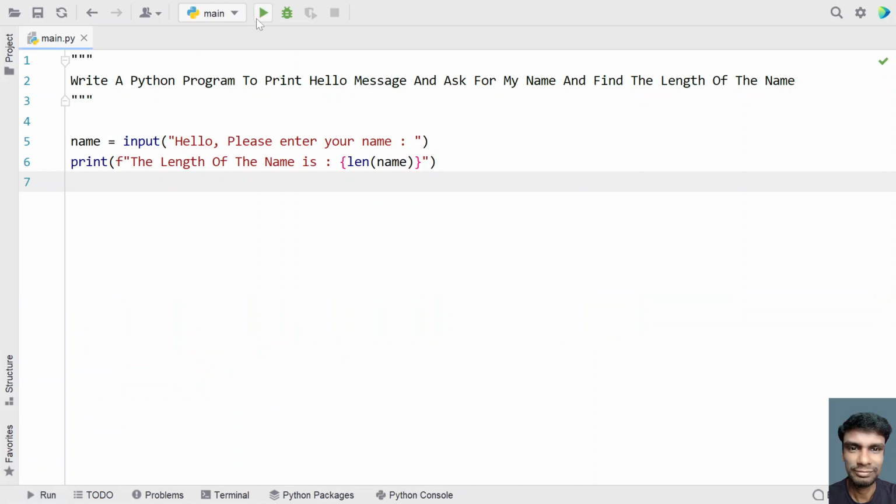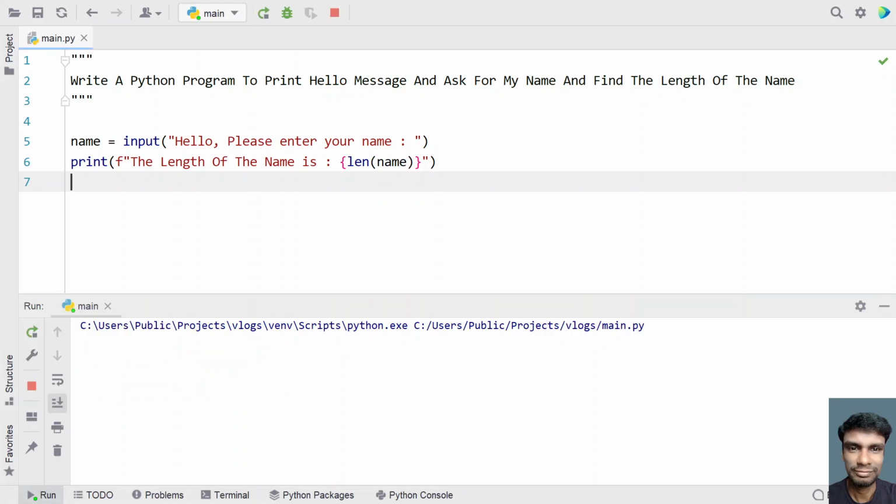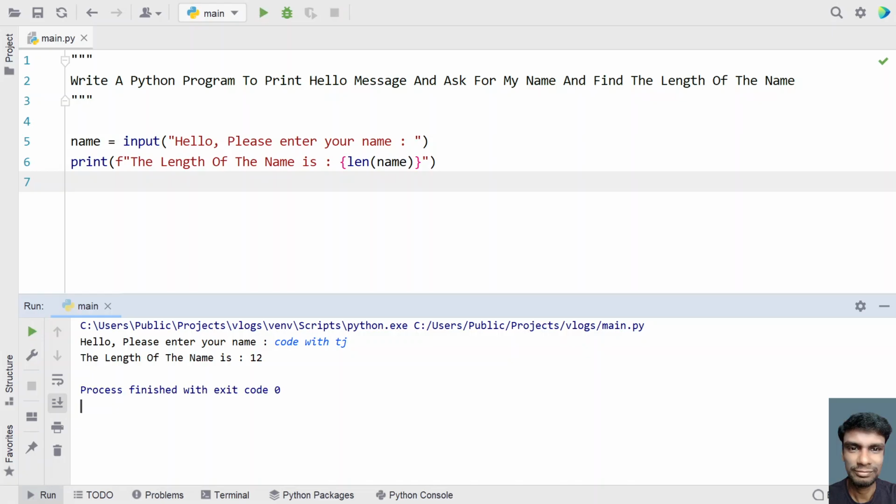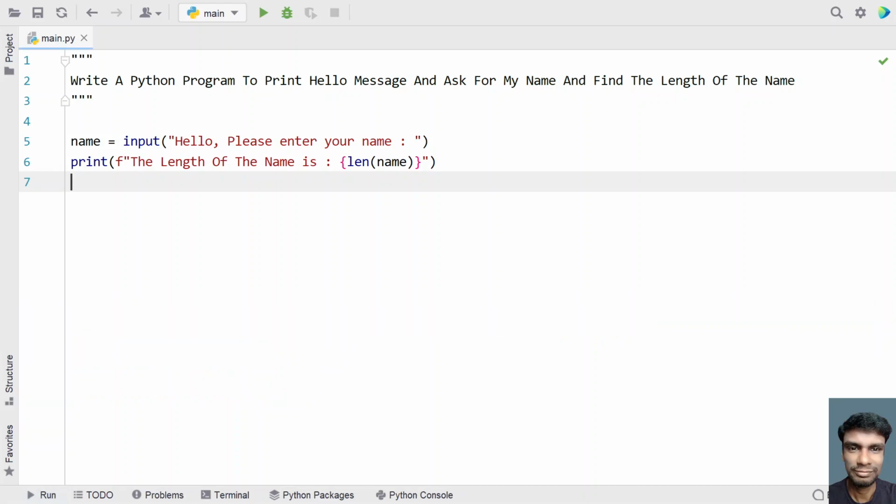Let me re-execute it and please enter your name. So let's say code with TJ. You can see the length of the name is 12, that is code and space, with and space is 10, and TJ is 2. It contains 12 characters. So this is a complete Python program to solve this, that is print hello message